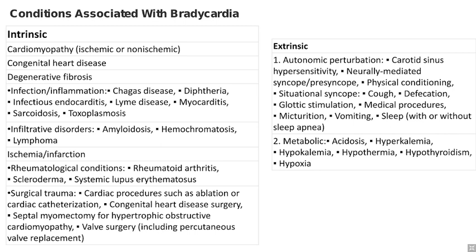It may be intrinsic, like cardiomyopathy, congenital heart disease, some diseases with infection or inflammation, for example, Chagas disease or myocarditis. Infiltrative disorders like amyloidosis, some rheumatological conditions like rheumatoid arthritis or scleroderma, systemic lupus erythematosus, and some extrinsic causes or